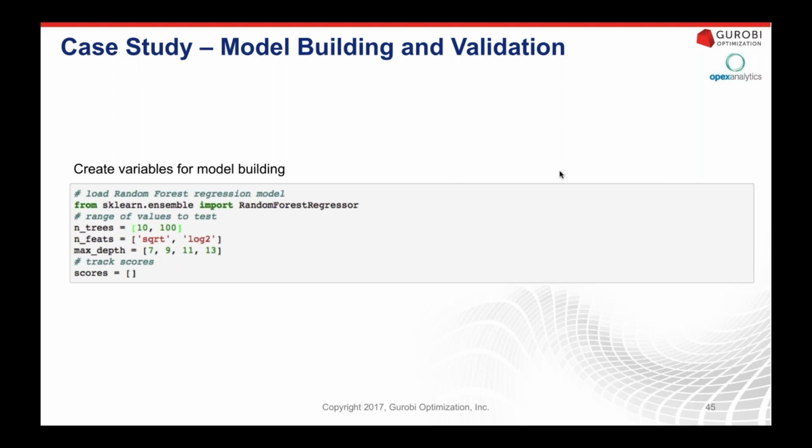So we're going to look at using a random forest regressor from the ensemble module of the scikit-learn library. And we're going to vary 3 parameters. First is the number of trees. Again, if you're not familiar with a random forest model, essentially it's made up of a bunch of decision trees. And this n trees value is going to tell us the number of trees that we're going to have in our random forest. In this case, we're going to look at a smaller forest that has just 10 trees and a larger forest that has 100 trees.